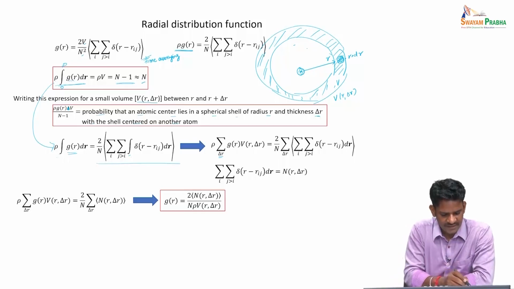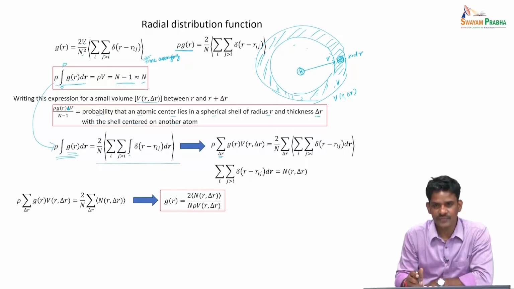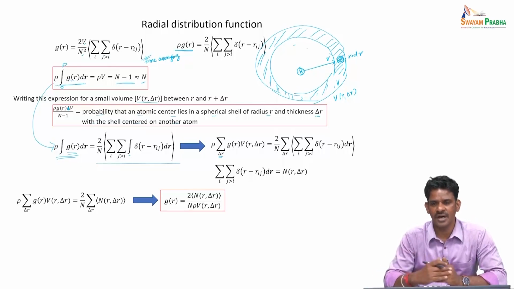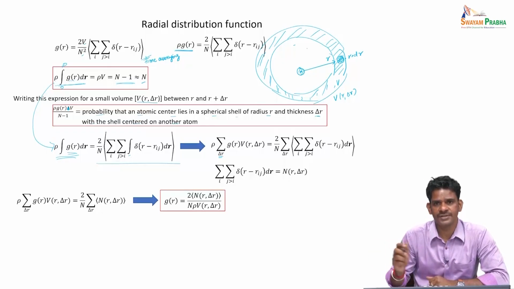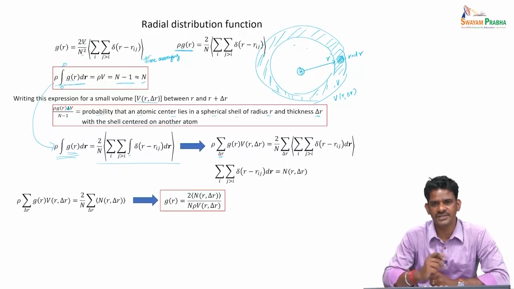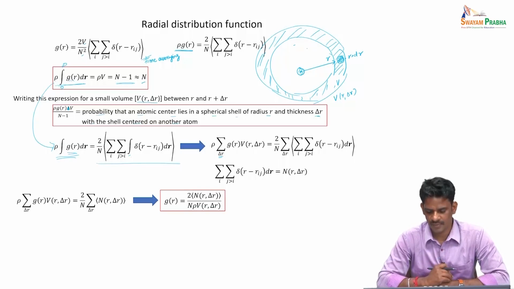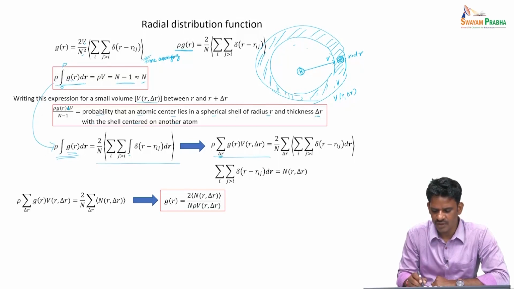So then the left hand side can be written as a sum over many shells of thickness delta r. Instead of doing a continuous integration from r = 0 to infinity, we take a finite thickness of delta r, and then we sum over all of these. So basically we are writing a continuous integration as a sum of discretized spatial integrations. So we have on the left hand side rho times the sum over all the shell widths of delta r, g of r times v, and on the right hand side we again have this integral, now written in terms